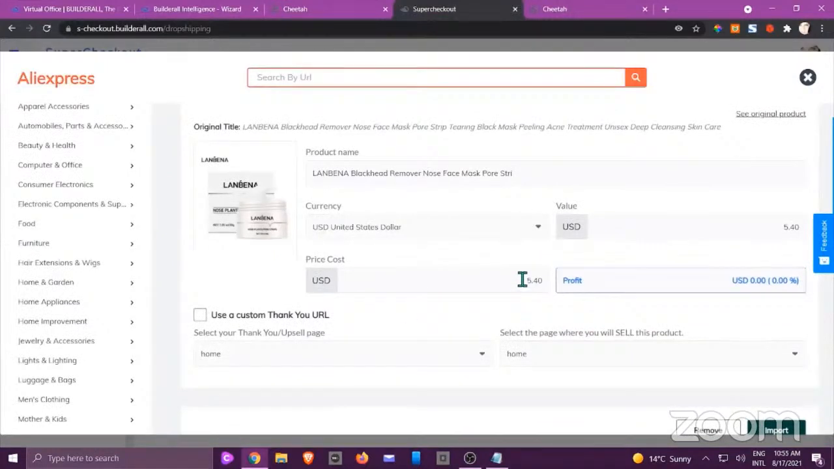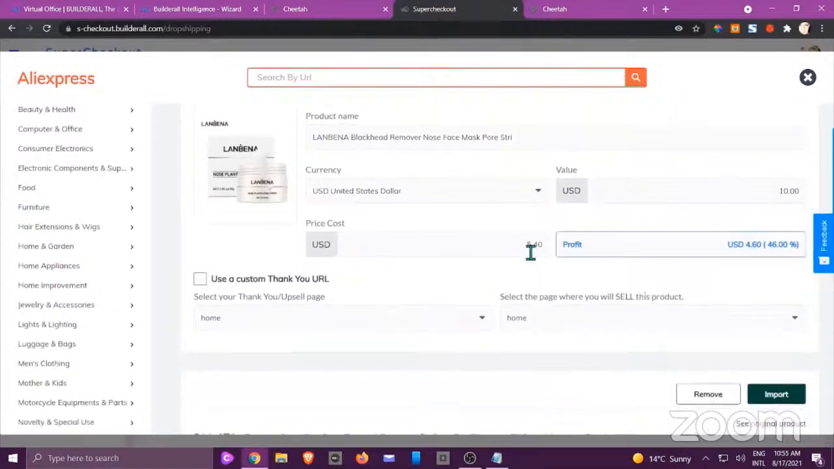So now let's say that we've checked the price, we know it's $5.40, and now we need to up our margin. So let's say we are going to sell it for $10. Right here, you're going to see the profit that you are going to make on that specific product. And remember, this excludes the shipping. So if they are going to charge additional shipping, you need to keep that in consideration. But you don't need to add the shipping right here. You can go and do that inside of Super Checkout, but we will look at that